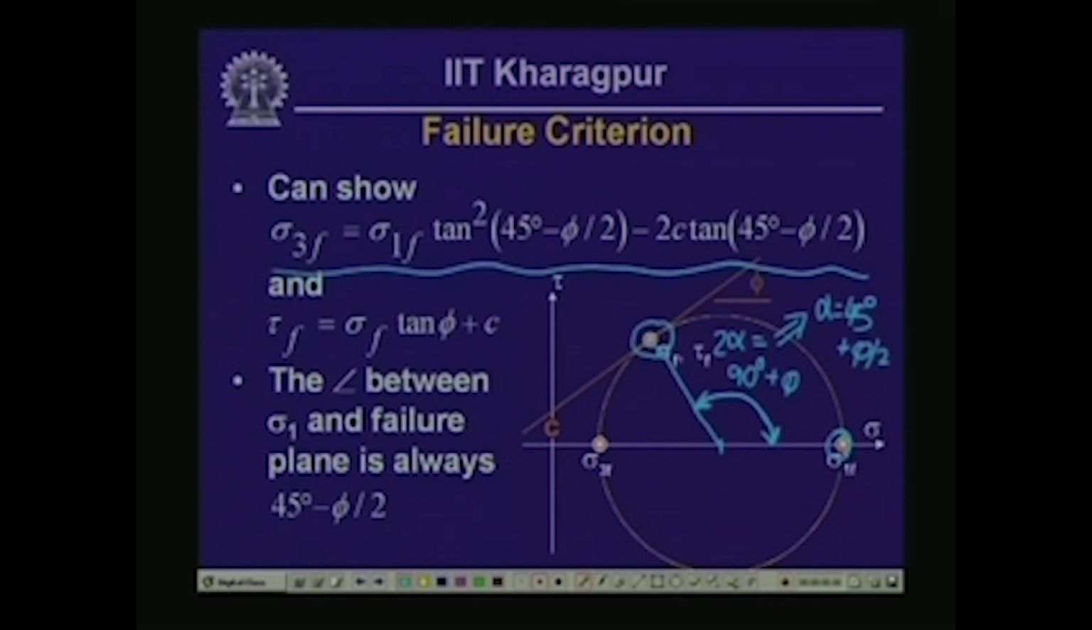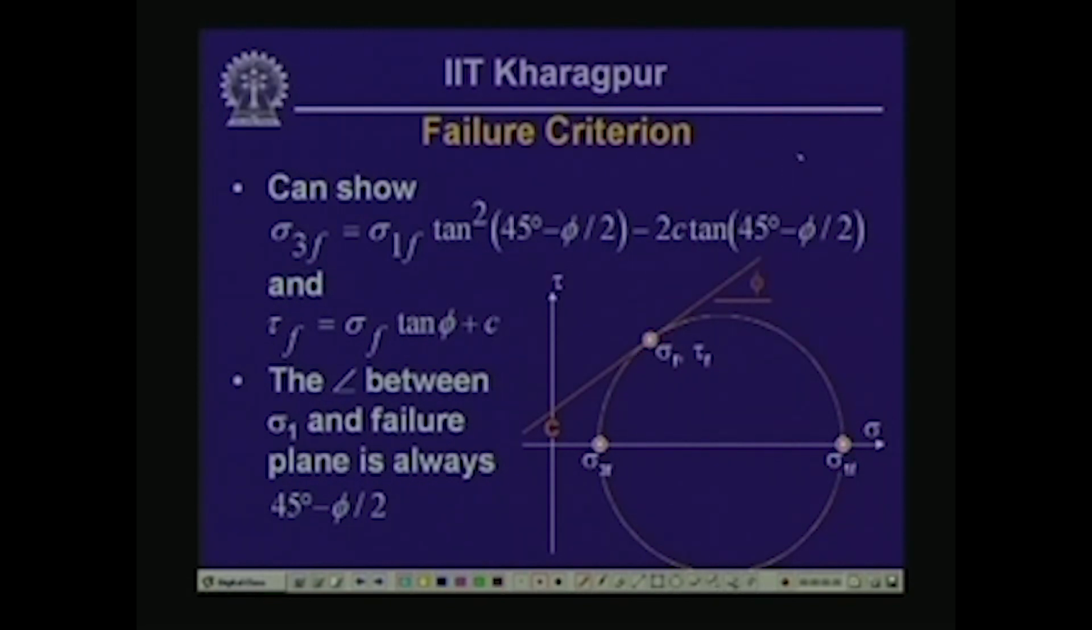Now, the plane on which sigma 1f is occurring is at 90 degree to the direction of sigma 1f. So, what we have is the angle between sigma 1f and the plane at which the failure is taking place is going to be given by 45 degree minus phi by 2. In other words,